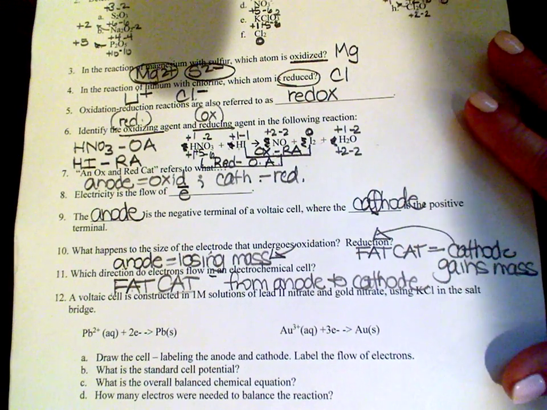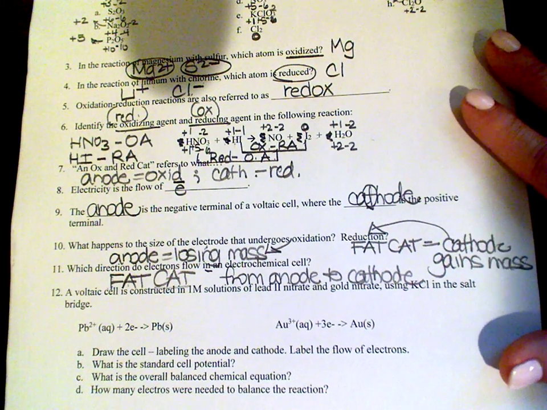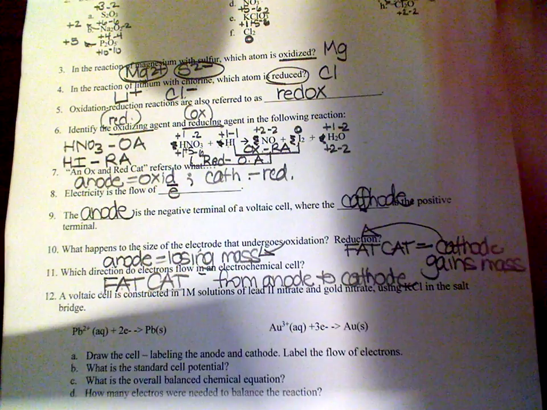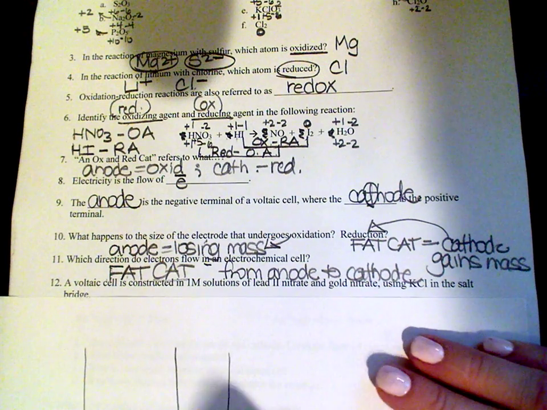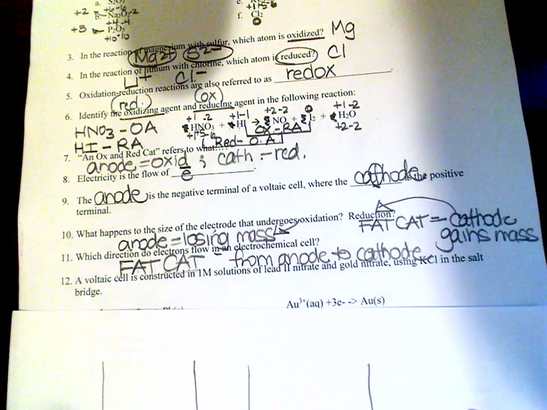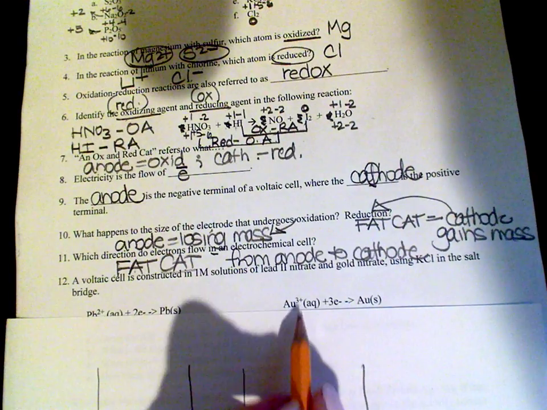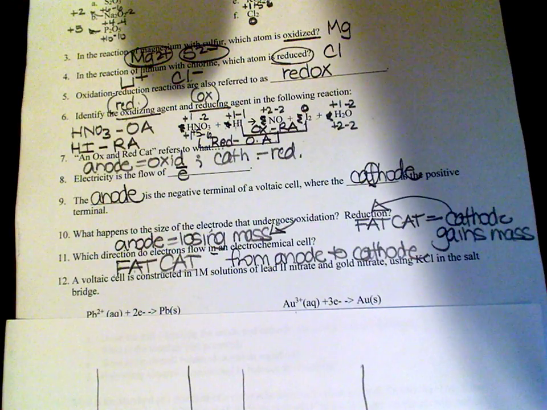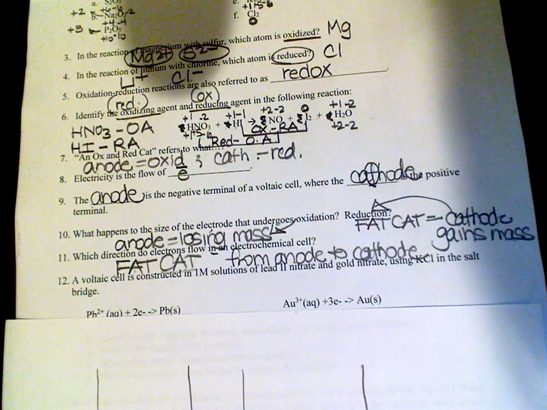All right, a voltaic cell is constructed in 1 molar solutions of lead 2 nitrate and gold nitrate using KCl as the salt bridge. Draw the cell. So I'm going to, just for fun, draw the gold on the left side, and I'll draw the lead on the right. So again, I have a 1 molar gold nitrate. Gold, it looks like here is 3 plus. So I would need to have AuNO3, and over here I would have 1 molar, and that was lead 2, so